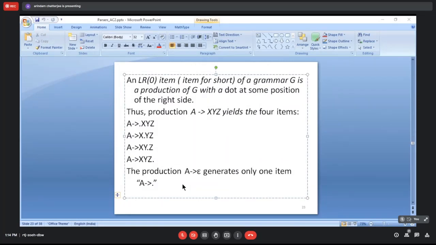What is in I2? Something like this is I0 and something like this is I2, and you just create I0 to I2, which is nothing but goto of I0 comma L. So please compute this.